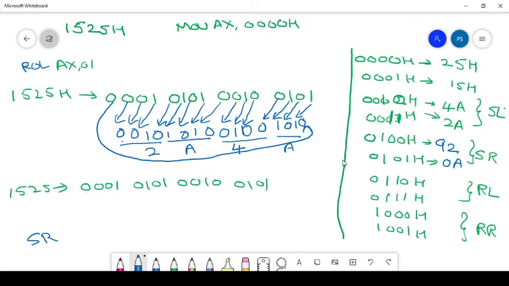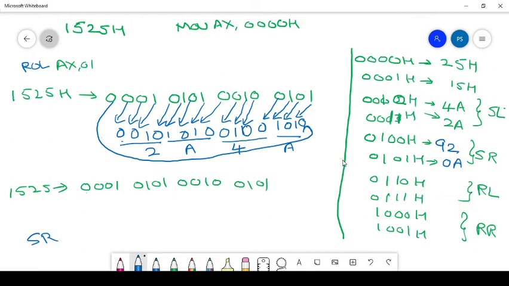In a similar way, rotate right. For that we have the instruction ROR. It is almost similar but opposite to this one. So each bit is moved one bit right. 0, 0, 0, 1, 0, 1.